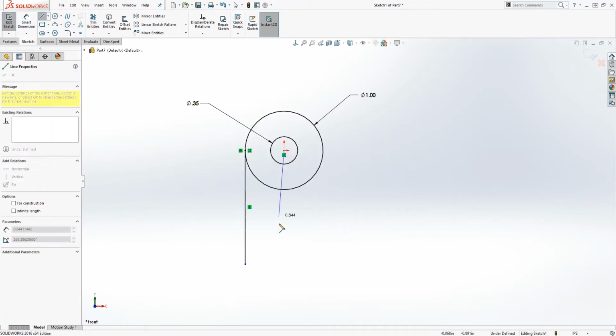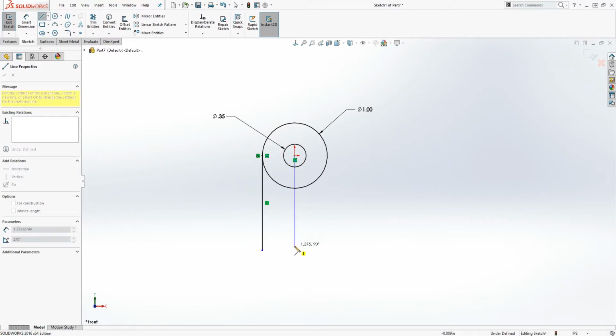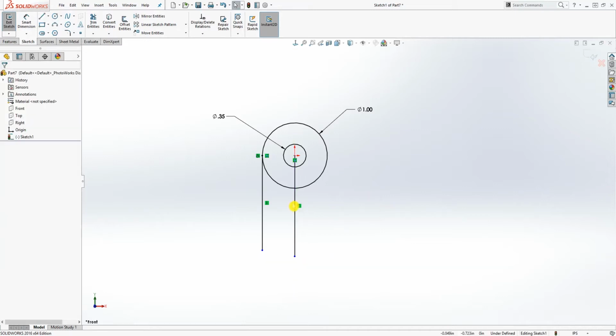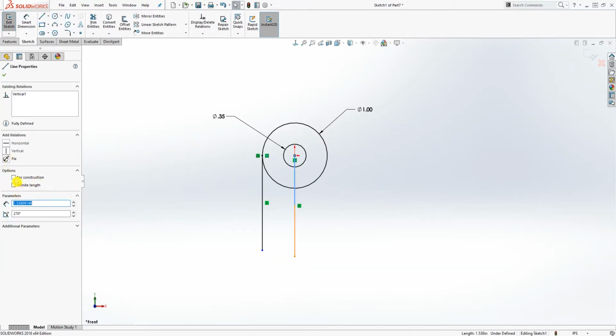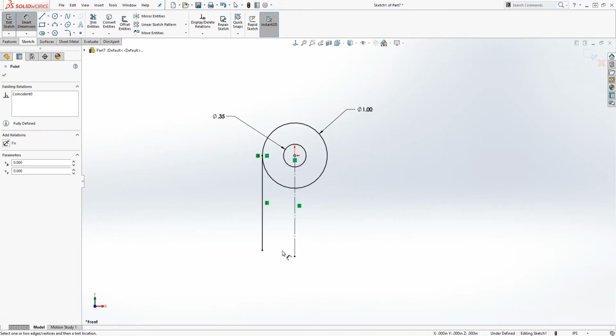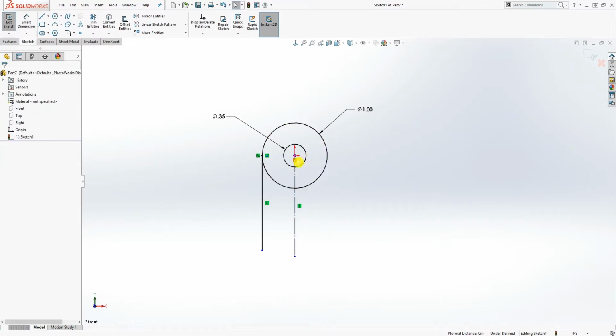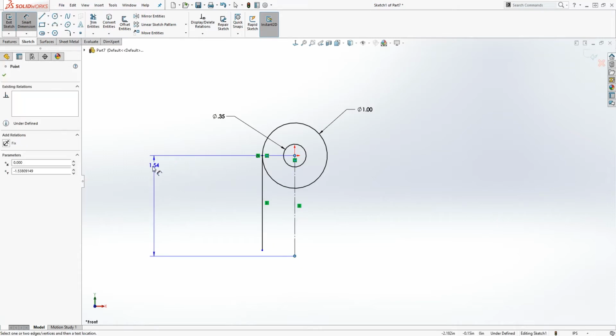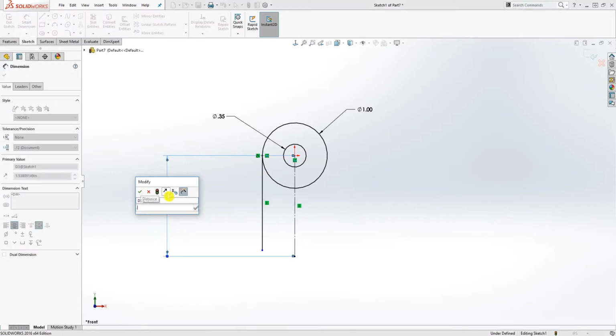Draw a center line, coming down, and click OK. Make it a construction line. And from the center, dimension that center line. So I'll say from that point to this point. Make it 3.39